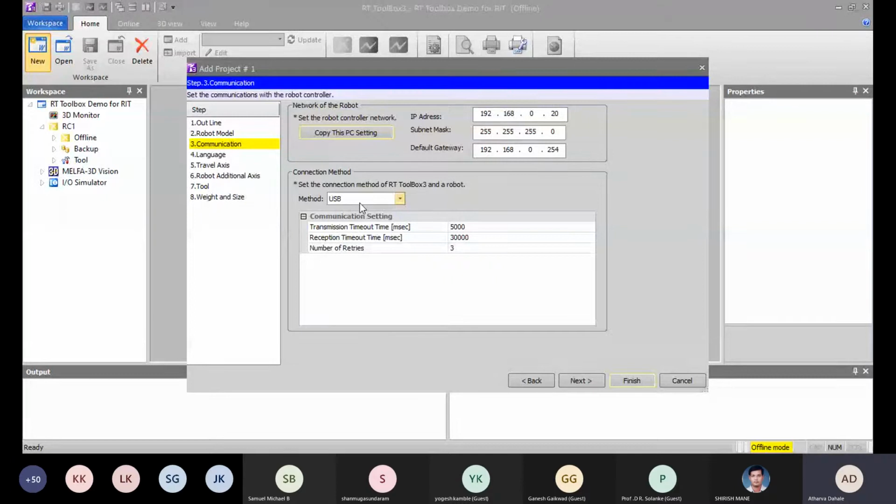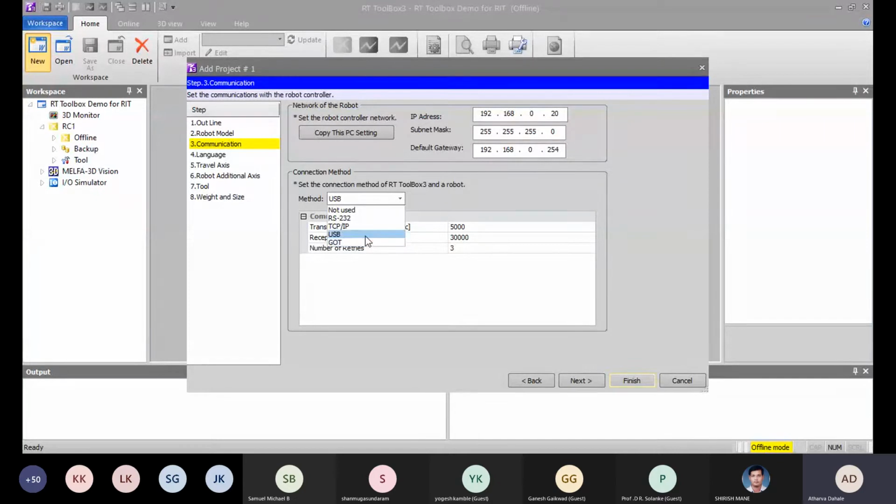Now here we have to select how we are going to communicate with the controller or with the robot. What will be the medium? There are a total of 4 mediums. First one is RS232. So we have to bring a cable of RS232, connect it to the controller, and after that connect that cable to our PC. Next is TCP/IP, that is the LAN cable. We can also communicate with a LAN cable from PC to our controller. Next one is USB. Yes, we can communicate using a micro USB cable. And next one is GOT.